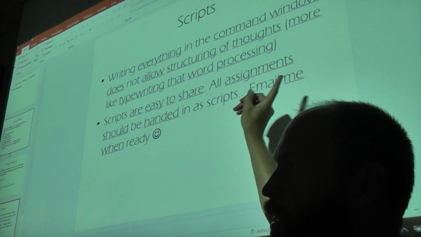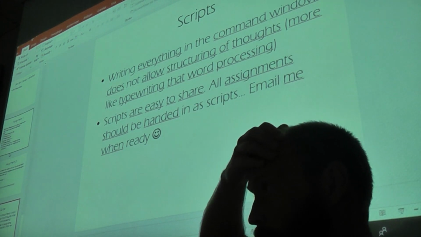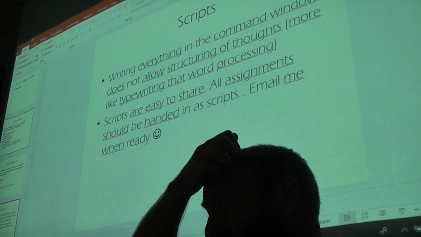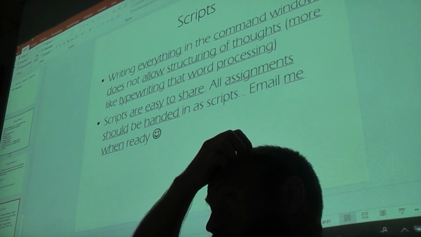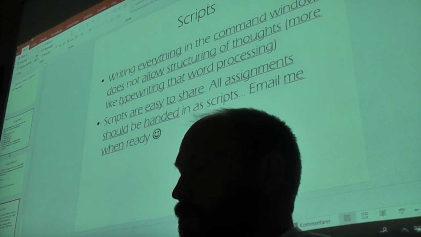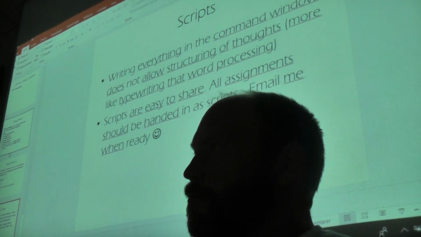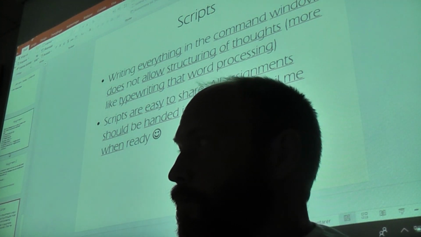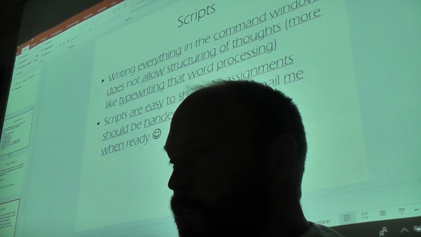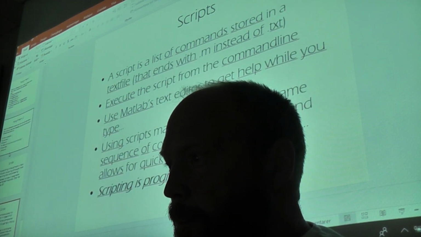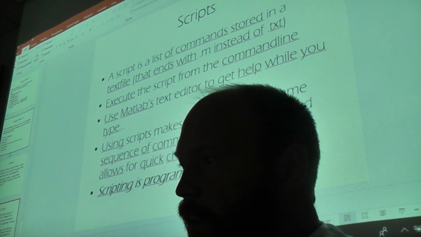And when you're done, you should email all the assignments. Some assignments are that you should write, but then you can just write the text in a script. That would make it easier for me to organize everything.